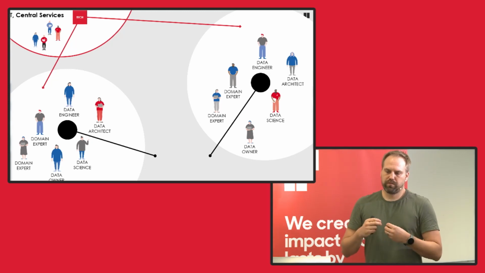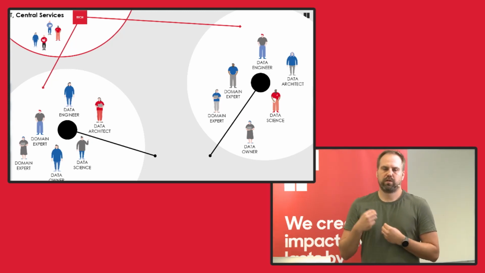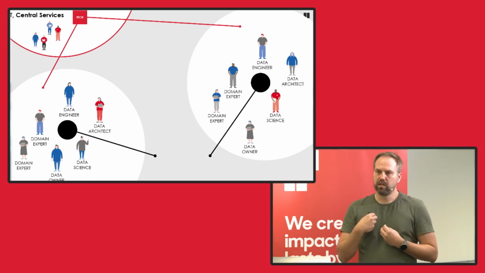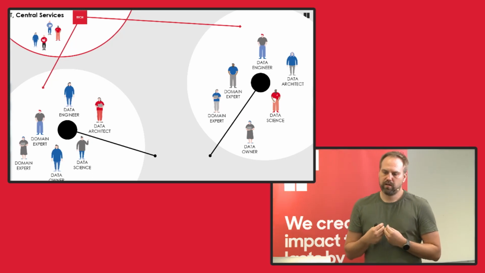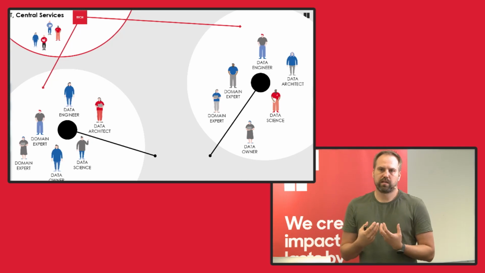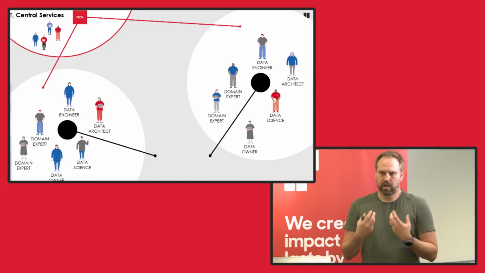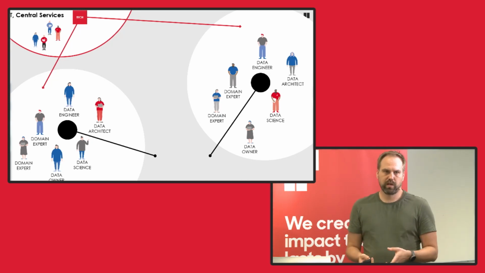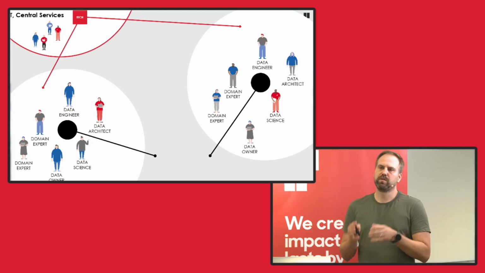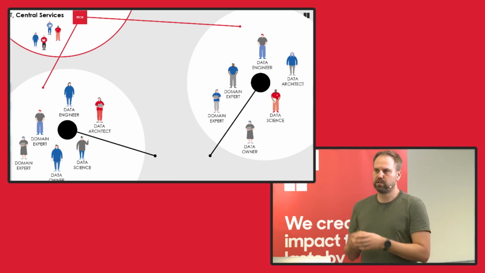So if I'm not actually building the data as a product, I'm not really owning it because it's someone else doing it. So the self-serve part is allowing me to be in full control of what I'm building and allowing me to own the data as a product. So if I need to change it, I can do it because I have the team, I have the capability, I have the tools to do it. So the ownership is yet again in there. And I think this is a pretty big change to how platforms are traditionally seen, from a central point compared to the distributed one.